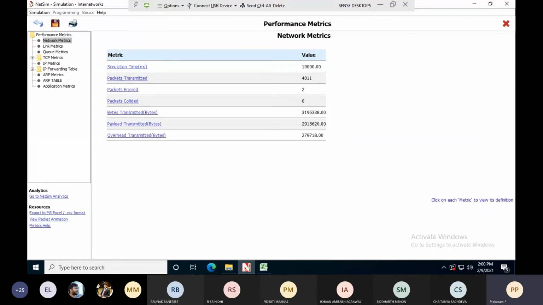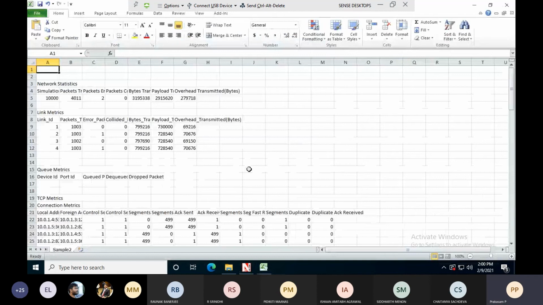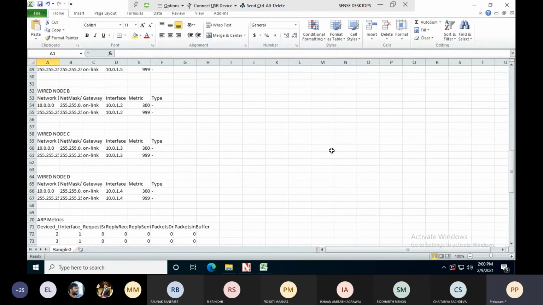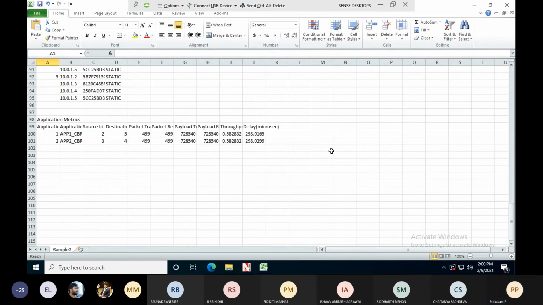Now the same procedure in the metrics in the bottom left, export to MS Excel. Now if you see here, scroll down. You see here row 99, 100, 101 for application 2, 5, packet transmitted 499, received 499, throughput and delay.